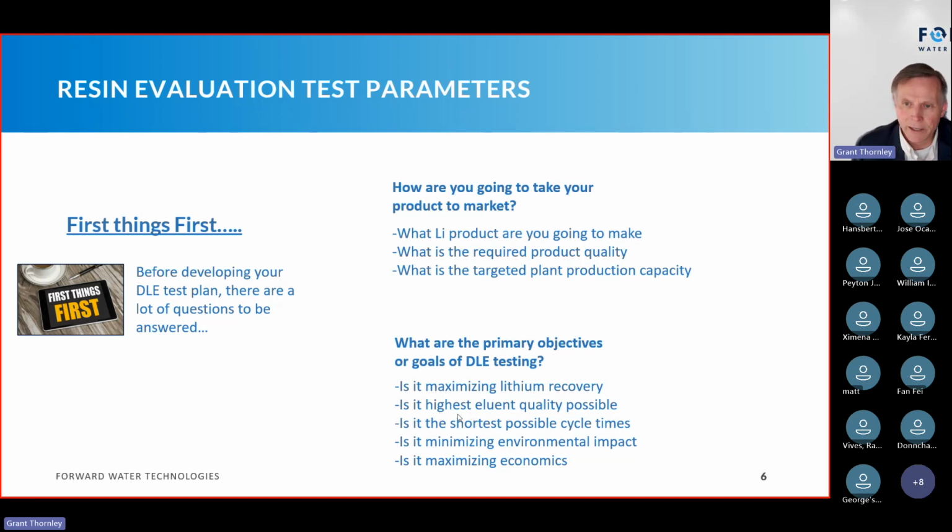Or eluate quality. If I want really good eluate quality, then fine. I'm going to take, rather than running to the end of the cycle, a slice or a segment of my cycling at shorter, let's say 60%. I know these sound like maybe rudimentary questions, but it really helps in understanding and designing the test program